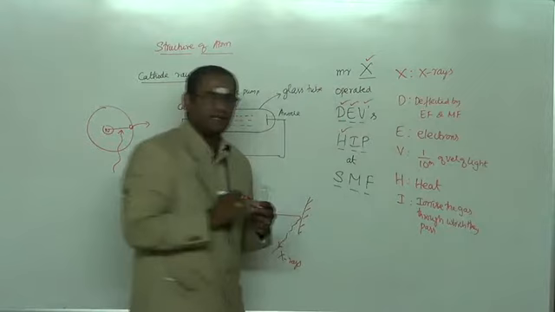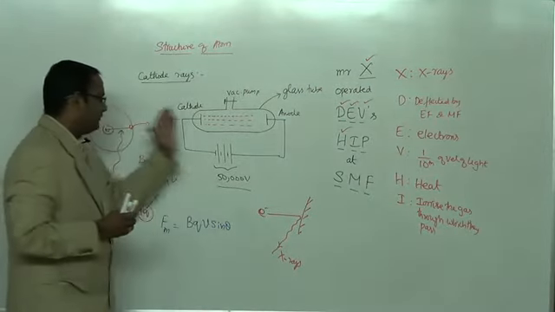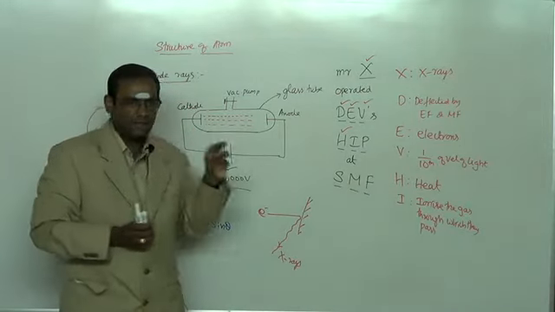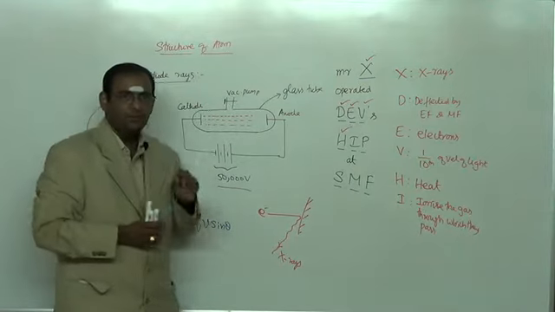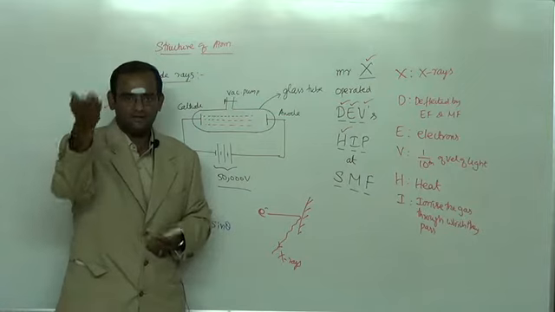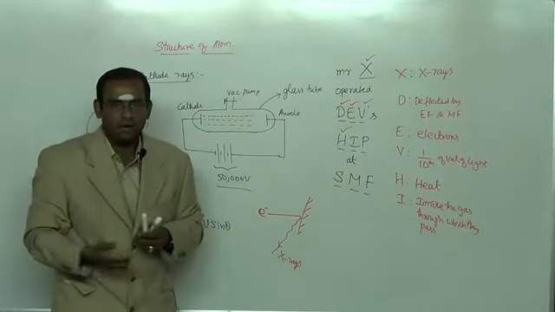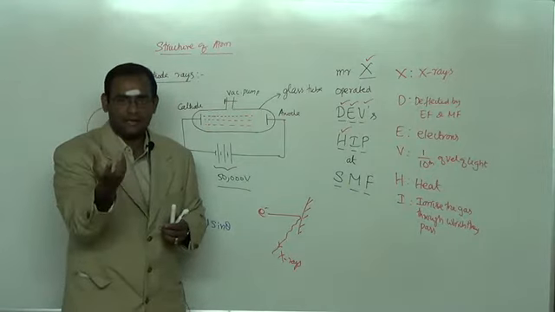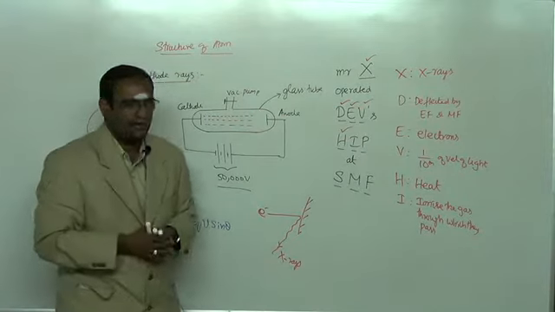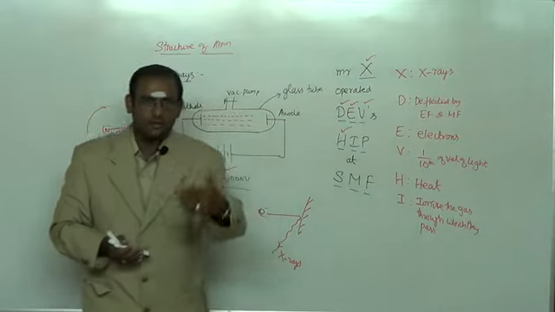When I say ionize the gas through which they pass, it means that when the cathode rays, these electrons, come out of the cathode, if there are some atoms of gas molecules inside the tube, these electrons come and collide with the atom. They may bombard the electron of that particular gaseous atom, and that electron can even come out, and therefore the gas may become ionized, because whenever an atom loses its electron, it becomes a cation. So cathode rays can ionize the gas through which they pass.